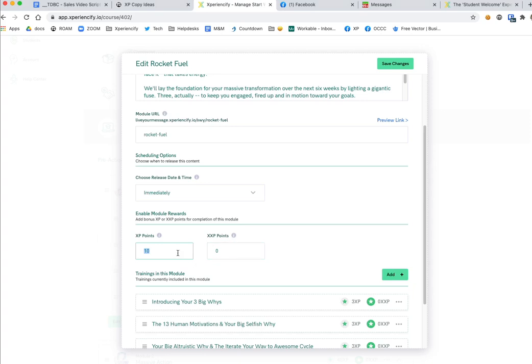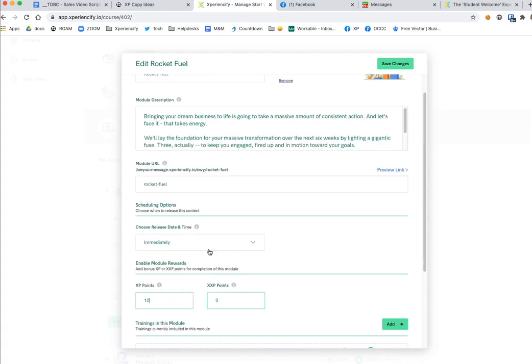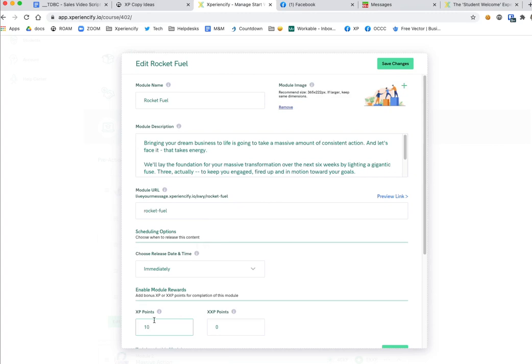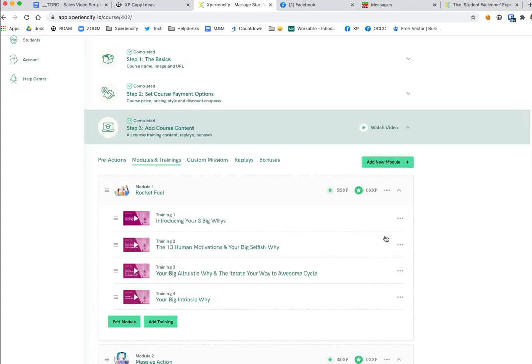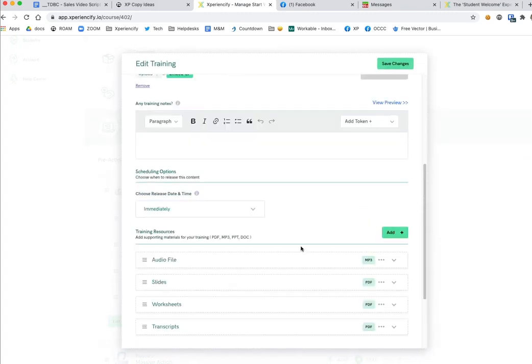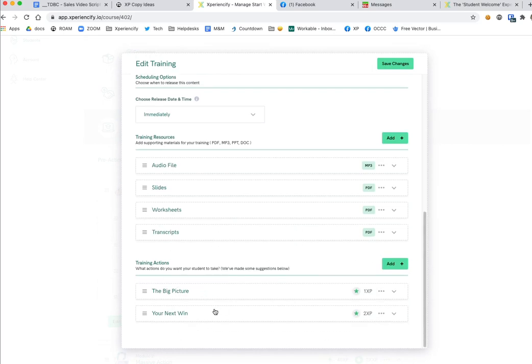Okay, I hope that makes sense, and I hope that clarifies the function of the module reward points and the function of the points inside each training, and the function of the actions here that we have. You can have as many actions as you want under a training. You can have none, you can have 1 or 20, but we recommend 2. For the reasons that I've already shared in this video. And we've found that doing it exactly this way has really, really increased our student engagement. People really love taking action